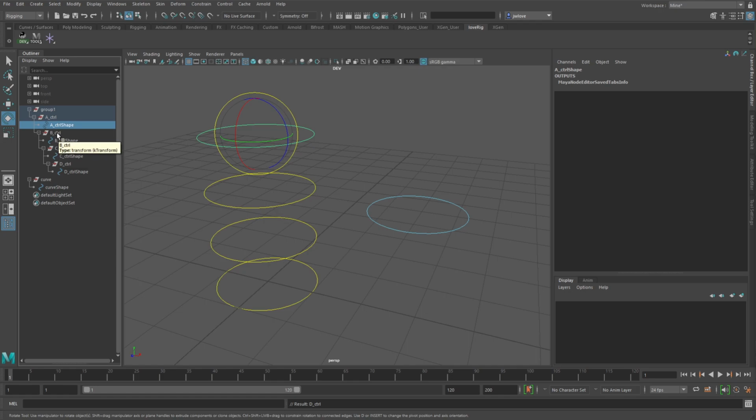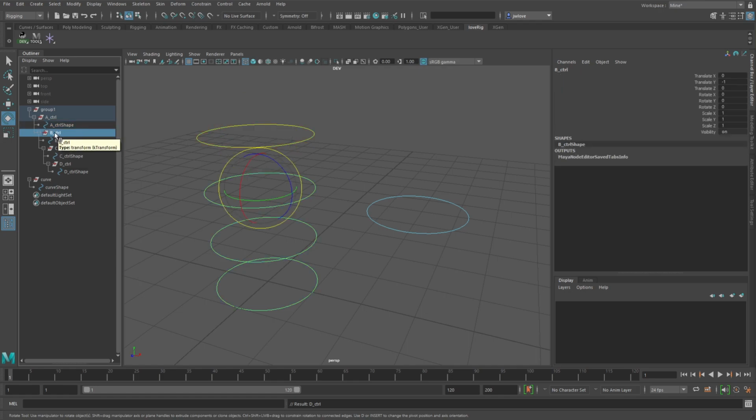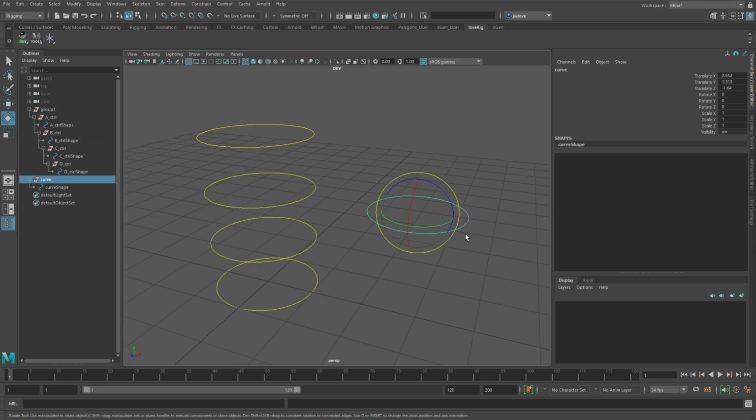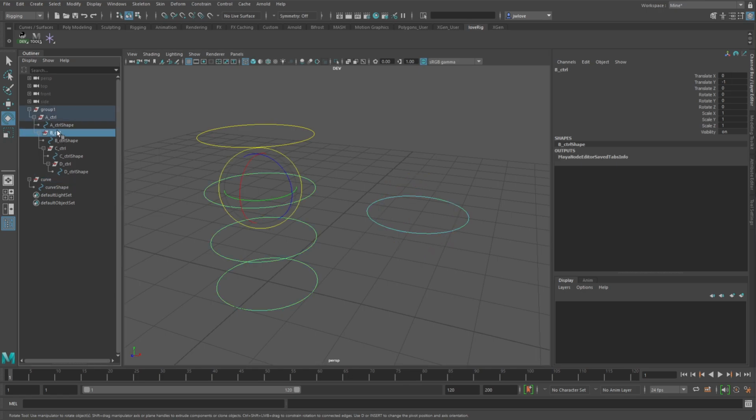Unfortunately, Maya is trying to be a little helpful in this situation. With shape nodes, it just doesn't help all that well, except for certain things, like when you select this, it actually selects the transform, which is pretty much what you'd want most of the time anyway. But if I want to reorder this,